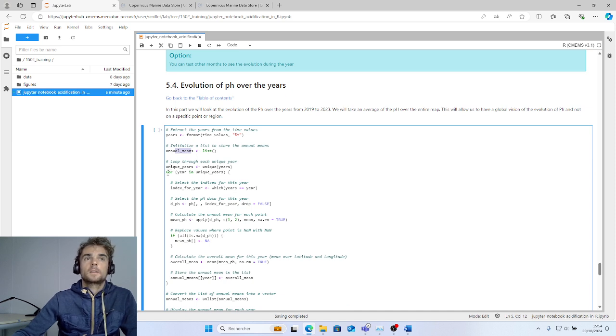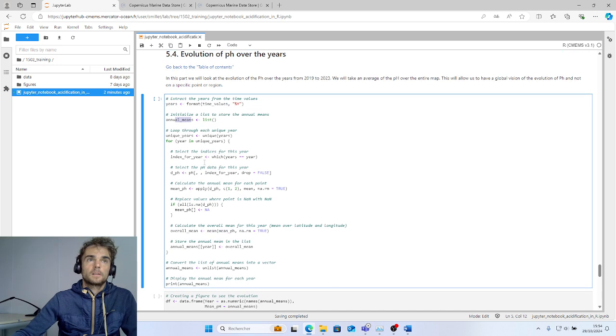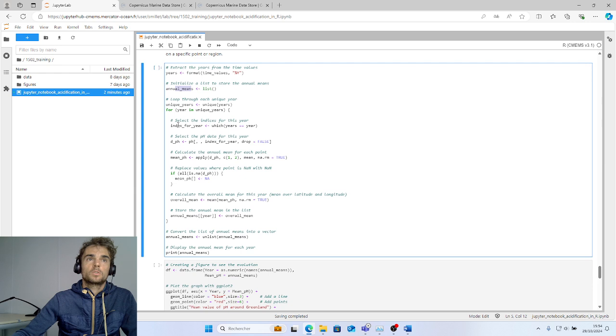Then we make a loop over all the years where we select the index of each year. We select the pH data for this year, so we take only the value of pH over each year. We calculate the means